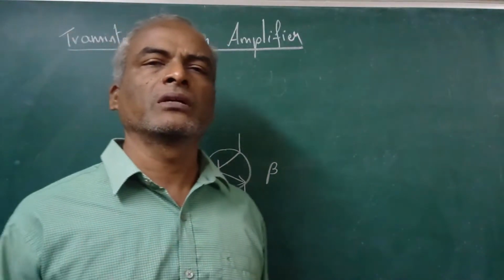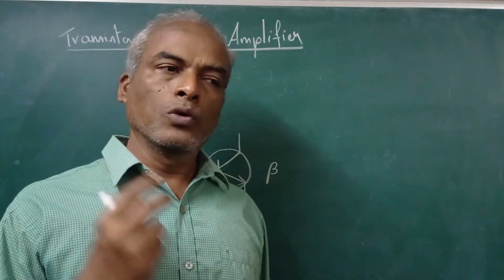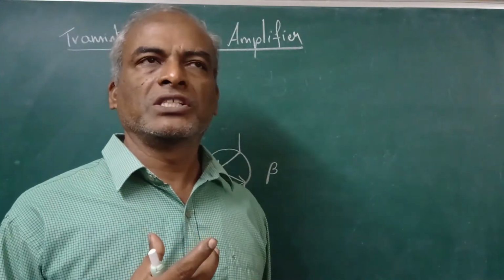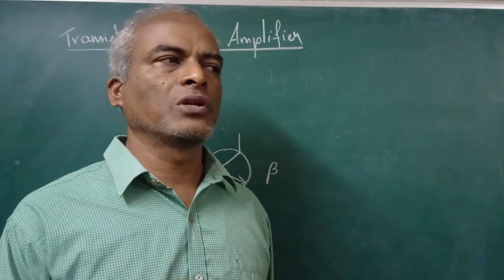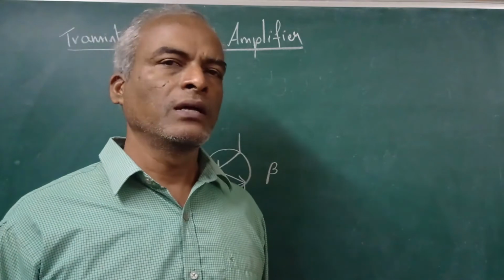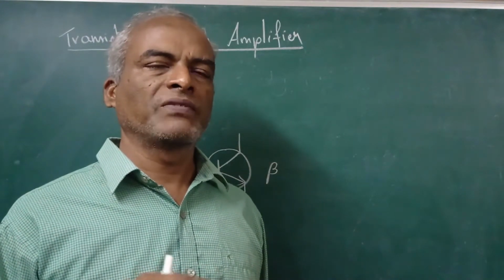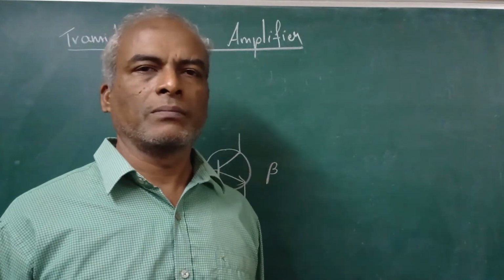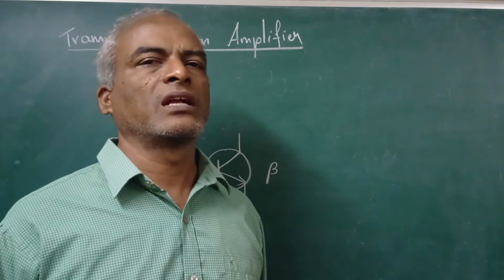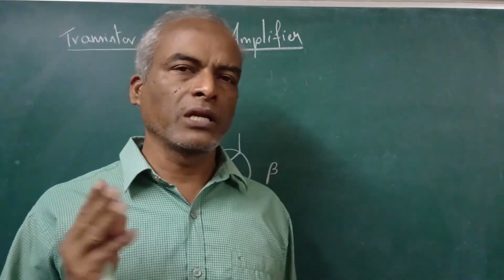That is one option. Or you can find the beta value with a good digital multimeter, where there is a provision for checking the beta value. So you can insert the transistor and find the beta. In the laboratory, you can check it after connecting the proper biasing voltages for the transistor. So assume that we know the beta of the transistor.